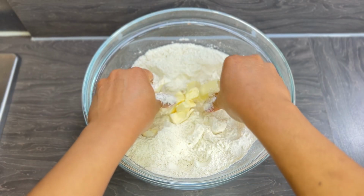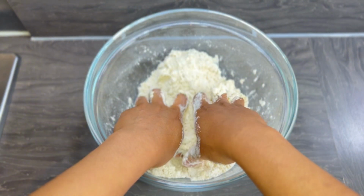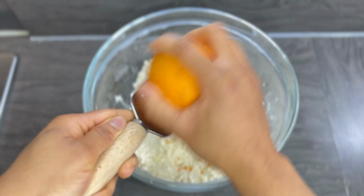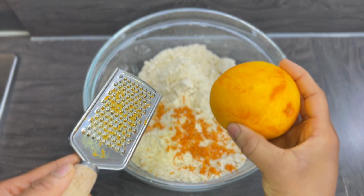Then go in with our very cold cubed butter. So we want to cube the butter so it's easy to incorporate into the flour. And we're using very cold butter. Yes, this is what will make the scones flaky. So we'll mix that in until there are no large chunks of butter in the flour, and then we'll go